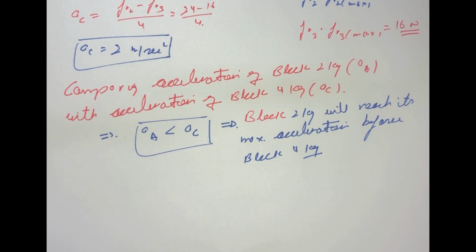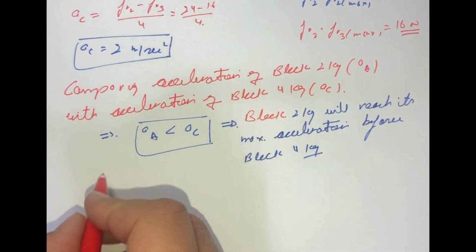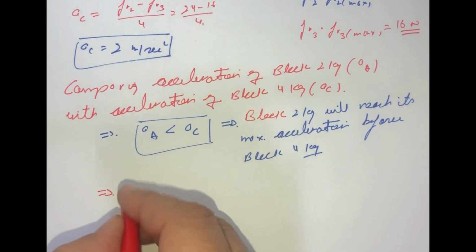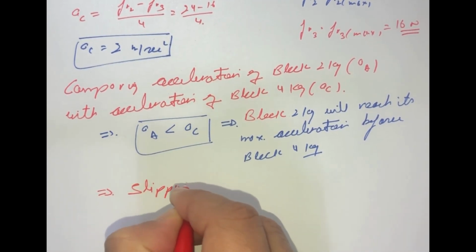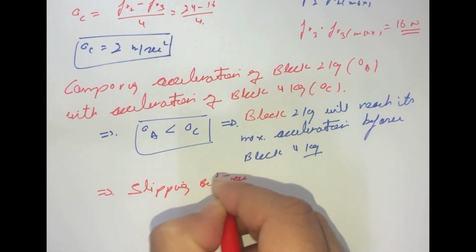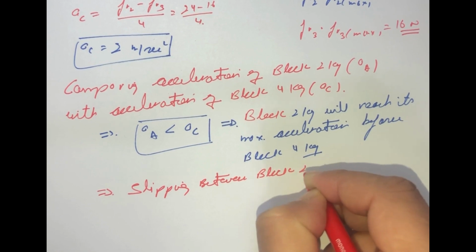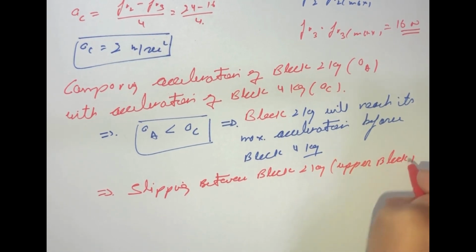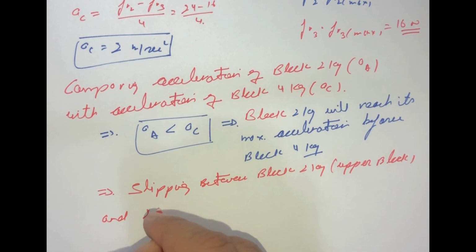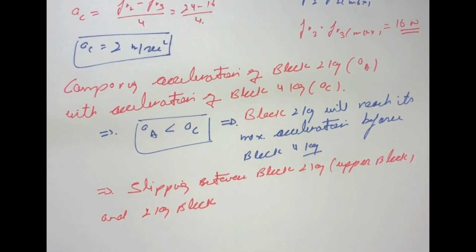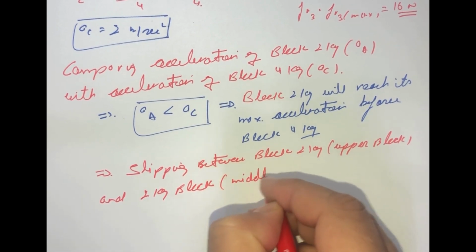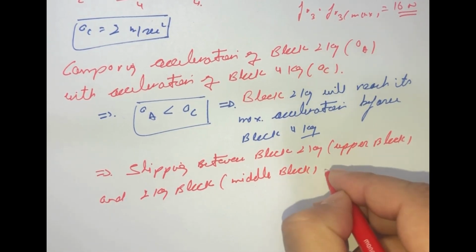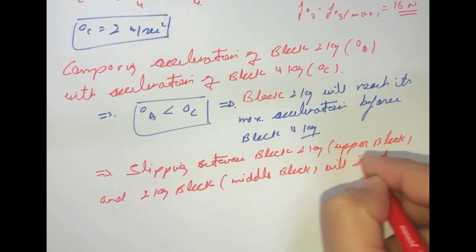And from here we can also draw a conclusion that if this condition persists, then slipping between A and B will start first, slipping between block 2 kg, that is upper, and 2 kg block, that is middle one, middle block will start early,